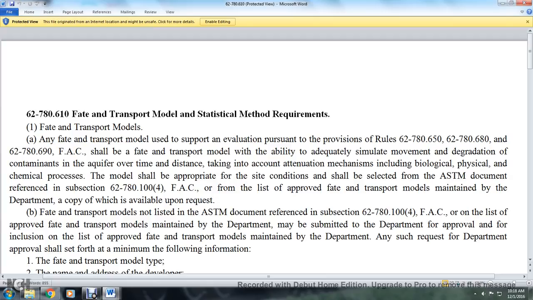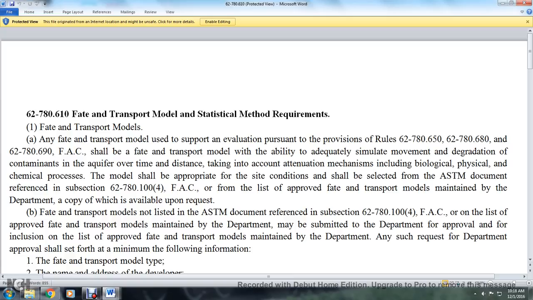Alright, 62-780.610, which is contaminated site cleanup criteria. 610, Fate and transport model. Any fate and transport model used to support the evaluation pursuant to the provisions of 62-780.650, 62-780.680, and 62-780.690 shall have the ability to adequately simulate the movement